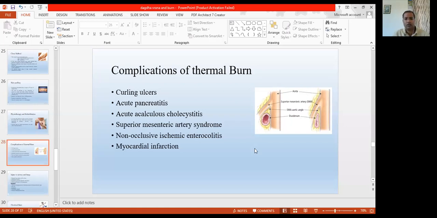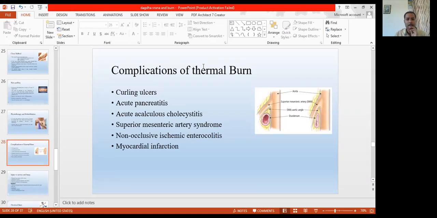And another is non-occlusive ischemic enterocolitis. These are conditions which usually happen only due to hypovolemia. The gut becomes hypoxic and ischemic, so the inner lining mucosa of the colon gets inflamed, that is called enterocolitis. Okay, so due to the ischemia, later on it may develop some ulcers, and it may perforate also.